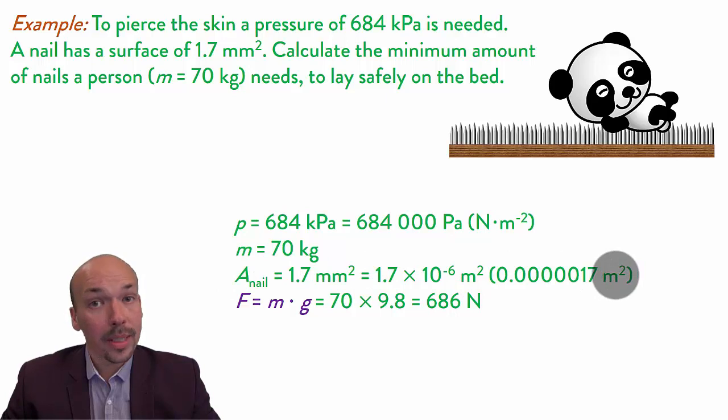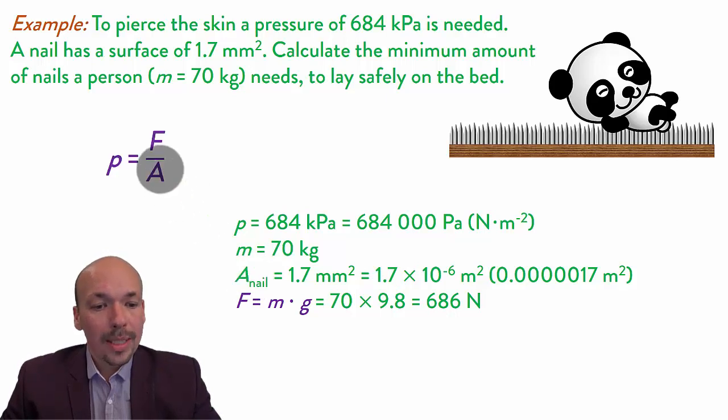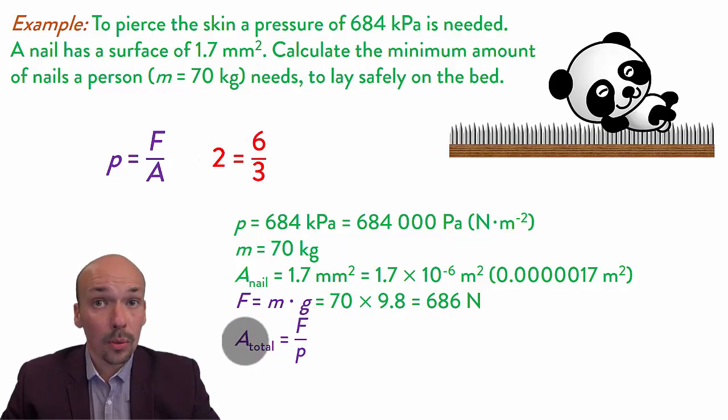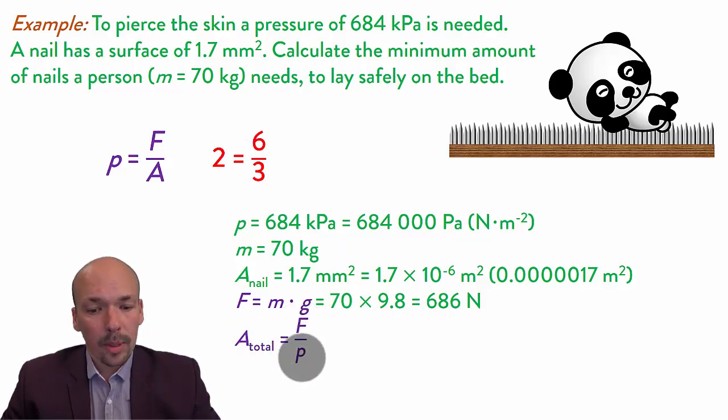So we don't know this one yet because you don't know how many nails you will use. So the area will be unknown. So that's the one we need to calculate. So we know the force, we know the pressure, and we need to calculate the area. So we need to calculate the three, so you can swap these two. So it will look like this. So the total area is the force divided by the pressure. So the force